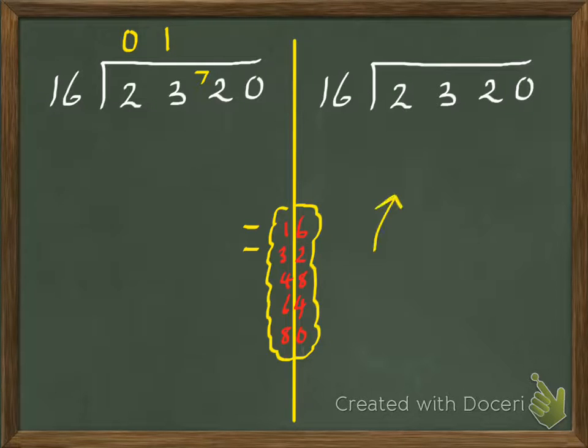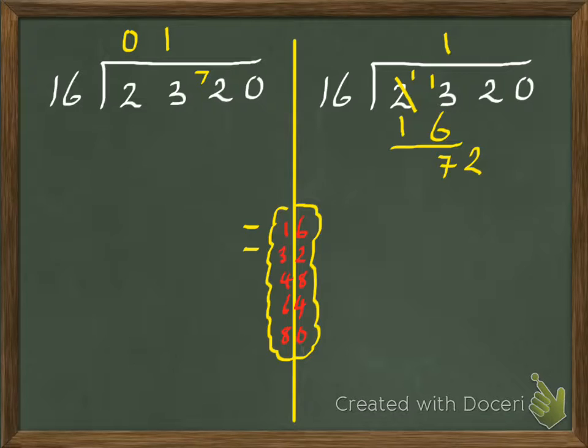The way I'm going to do it on this side is just another method of doing it, and I actually write down what my multiple is. So it's 16 and 1. Draw a line underneath it, and then I take it away to find the remainder. 3 take away 6 doesn't work. Borrow 1 from over here, which gives me 13. 13 take away 6 is 7. 1 take away 1 is 0. I could write that, but I'm not going to. It keeps it a bit neater. Leave just the 7 there. And then I bring down